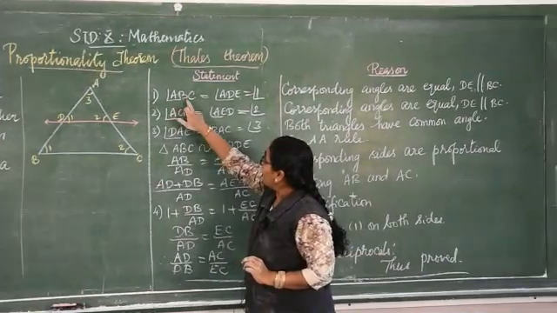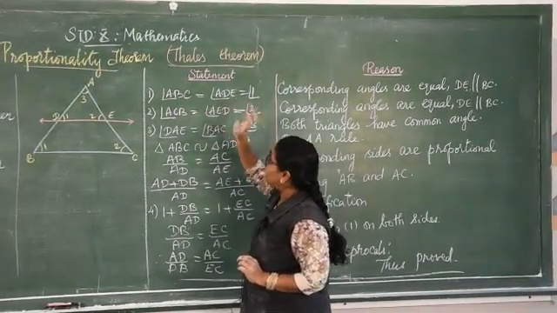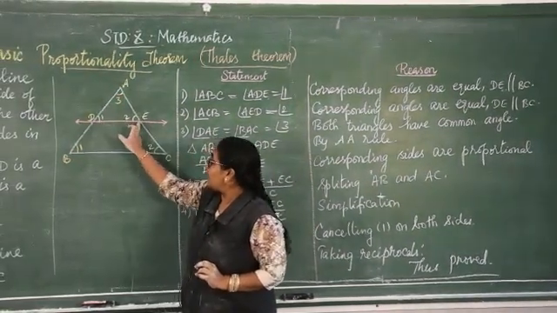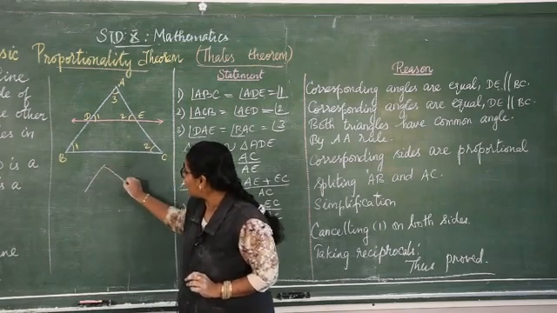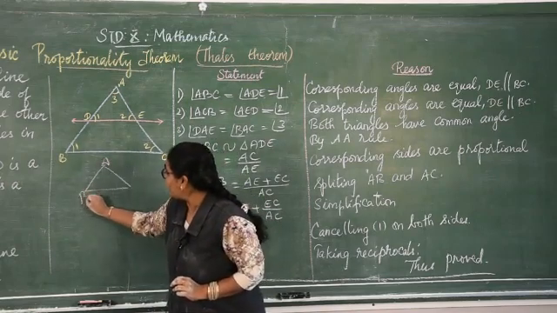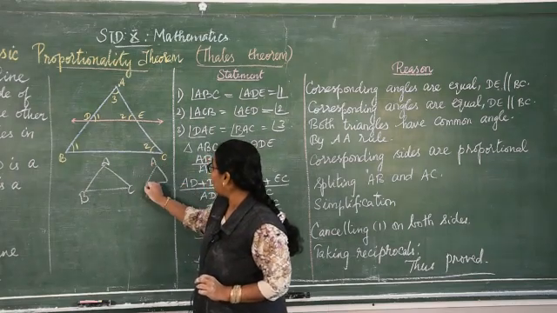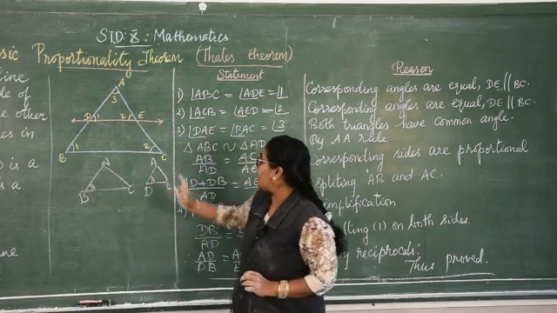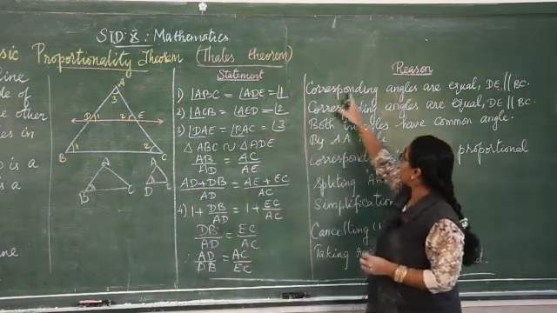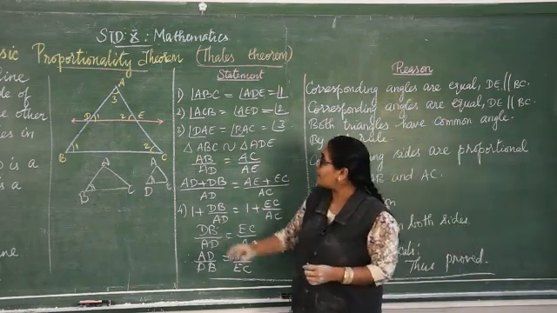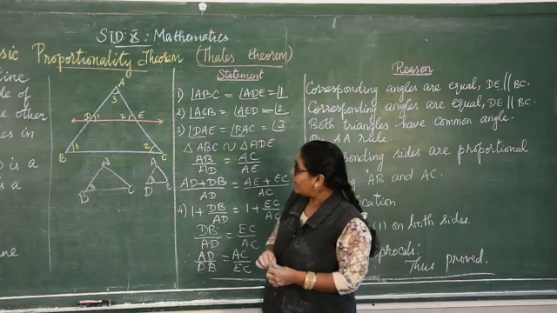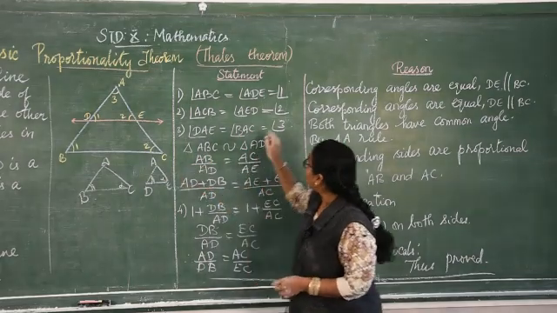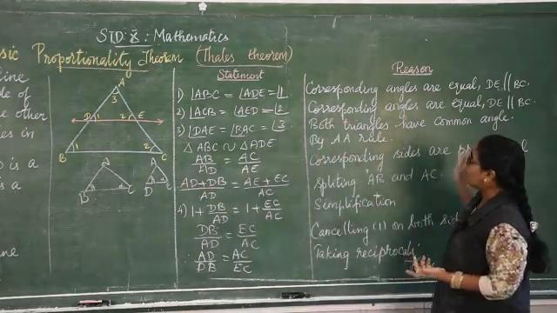We are going to compare with that. So angle ABC is equal to angle ADE. If you want we can compare that one separately. This is ABC and ADE. These two are corresponding angles and measure of angle A is common. This is the first one. So I have written corresponding angles are equal because they are parallel. And ACB, again they have taken ACB and here AED. This is also same because corresponding angles are equal.